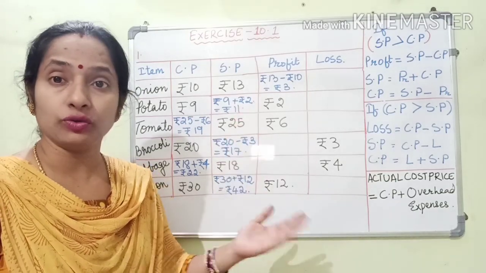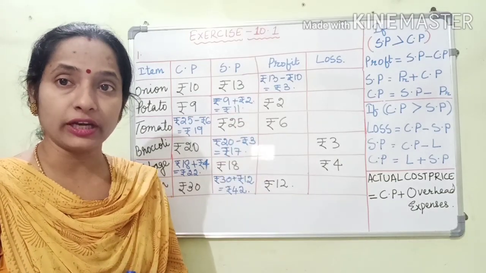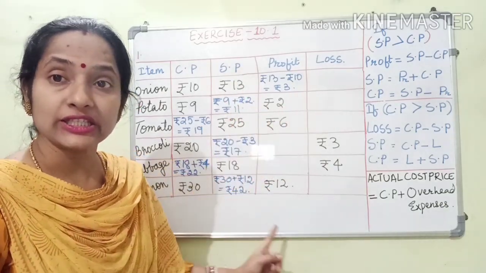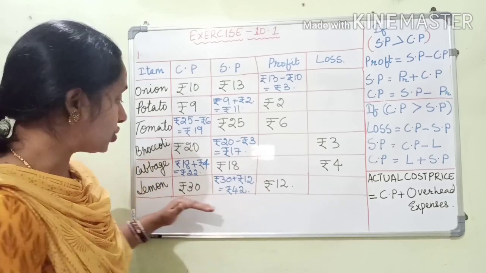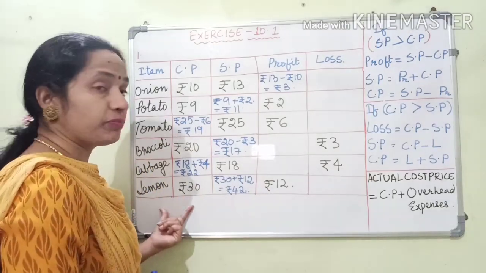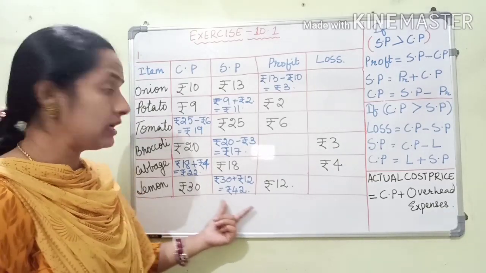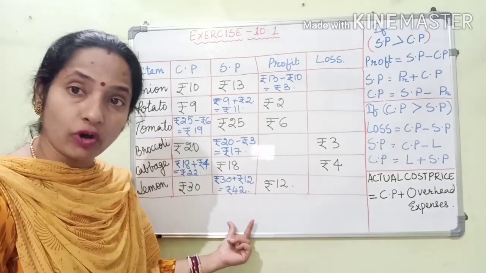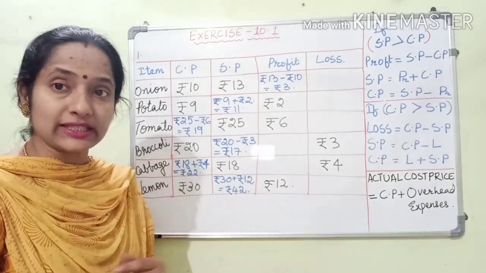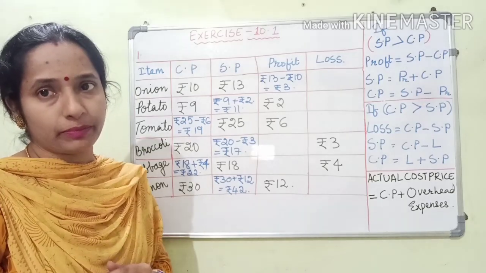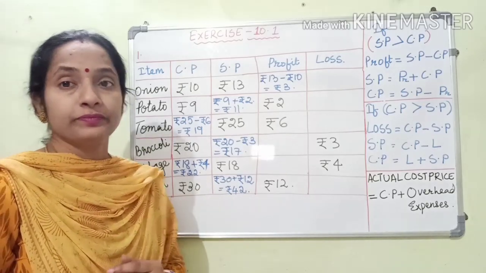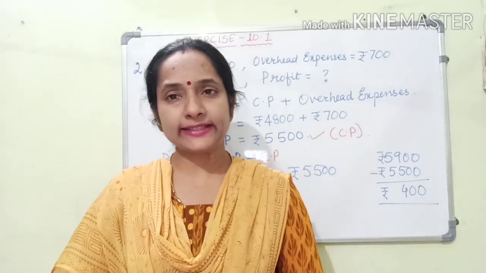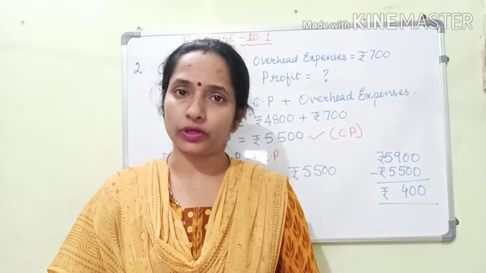So this is the way you will solve the first sum. But children, don't solve as I solved in this chart. You have to solve separately the cost and profit for onions. Here we are finding the selling price for potato equal to, write the formula and do the necessary calculation below the table separately. Okay, so this is the solution of question 1. Now let us discuss the second question of exercise 10.1.